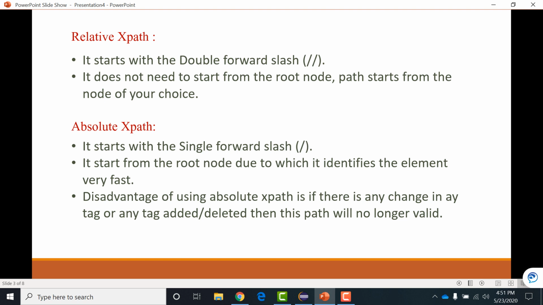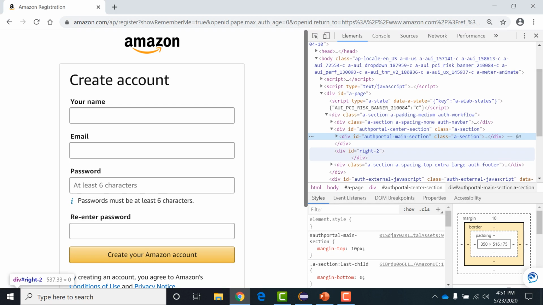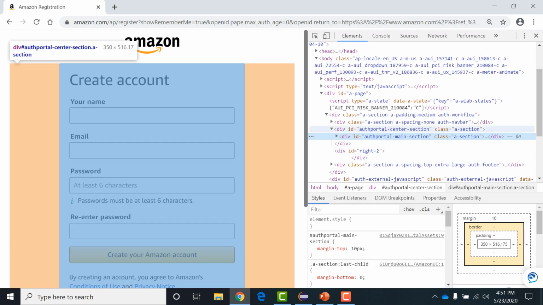So it is fast. Along with that, there is no dependency if the particular chain is broken, like we have seen in the absolute XPath. If this particular div element is broken or it does not exist anywhere in that particular application or backend page, there won't be any issue with the relative XPaths. That's why the recommended way is to use the relative XPath only. Fine. Now we are going to see how to design relative XPaths.